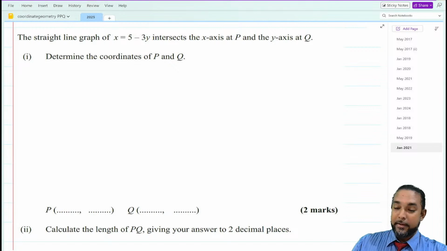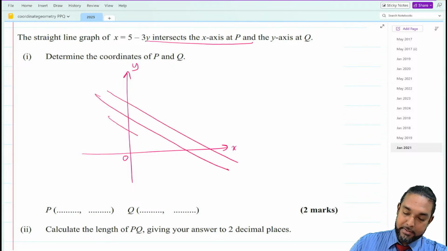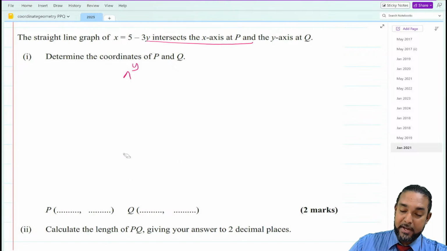Right, okay. So when it intersects the x-axis, again, that's the y, that's the x, right? At any point on the x-axis, no matter where on the x-axis, if you read across to the y, the coordinate is always 0. So if the line passes through the x-axis, to find the coordinates, you simply sub y equal to 0 into the equation. So hold on.